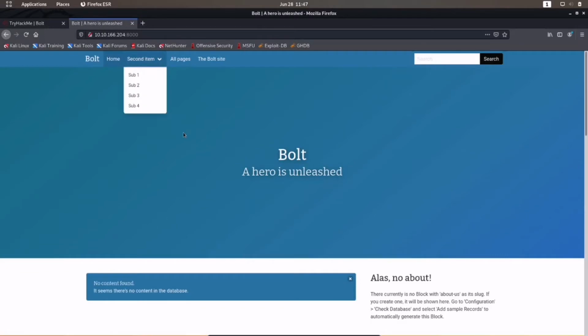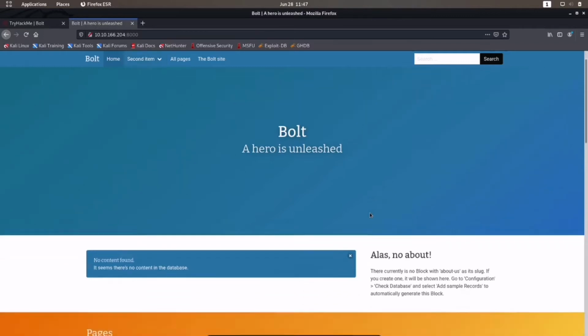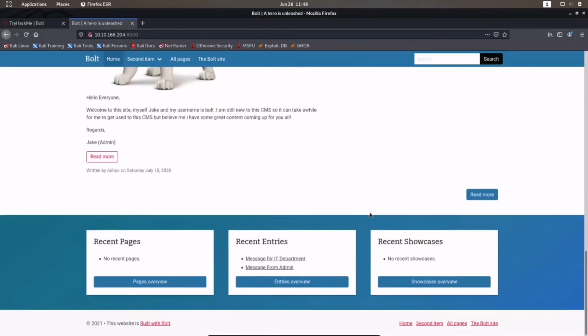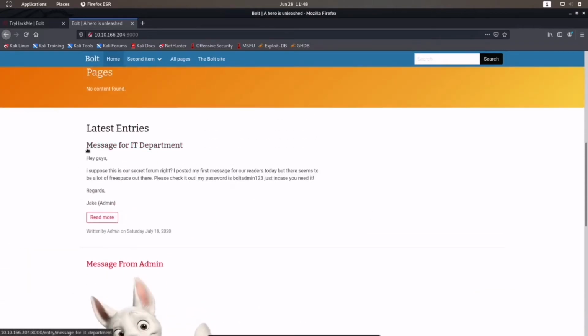Okay, here we have a website. It says Bolt, a hero is unleashed, the same as our TryHackMe room title and its tagline. I can see 2 posts here. One is a message for the IT department. It says, hey guys, I suppose this is our secret forum, right? I posted my first message for our readers today, but there seems to be a lot of free space out there. Please check it out. My password is boltadmin123, just in case you need it. Regards, Jake admin. As we can see here, the website is run by someone named Jake,